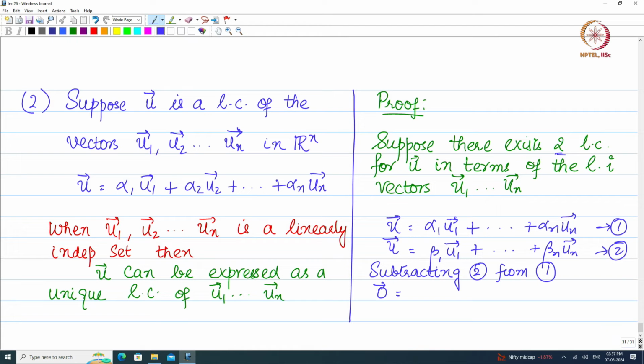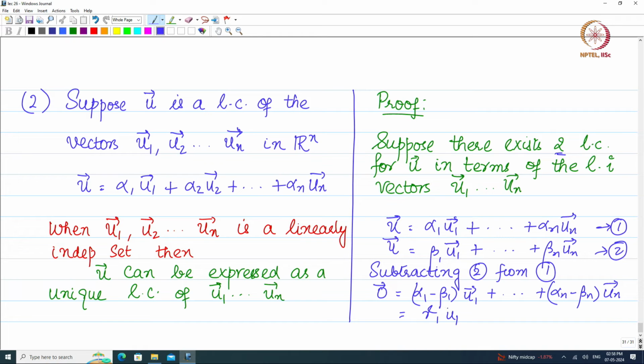What do we get? We get the 0 vector on the left hand side, which is equal to (alpha 1 minus beta 1) u1 plus etc. plus (alpha n minus beta n) un. This is going to be a contradiction to the fact that the set of vectors is linearly independent, because alpha 1 minus beta 1 is going to be a non-zero scalar, alpha 2 minus beta 2 is going to be a non-zero scalar, alpha n minus beta n is also going to be a non-zero scalar, as in which case we are going to have different scalars, let us say